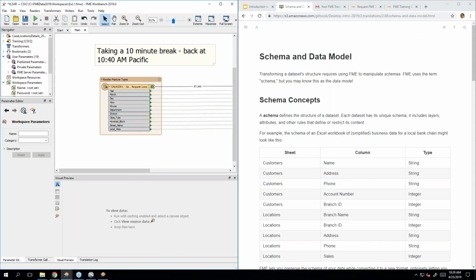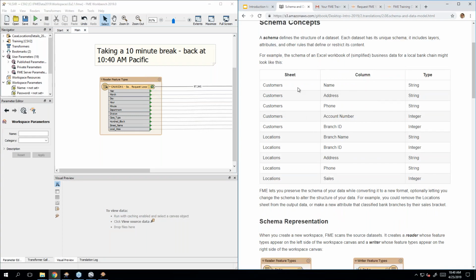Let's talk about schema and data model. Schema is the formal definition of a dataset's structure. It consists of things like layer names, attribute types, allowed geometries, and other rules or settings that define or restrict the data. This is an example of how you might define a schema in a